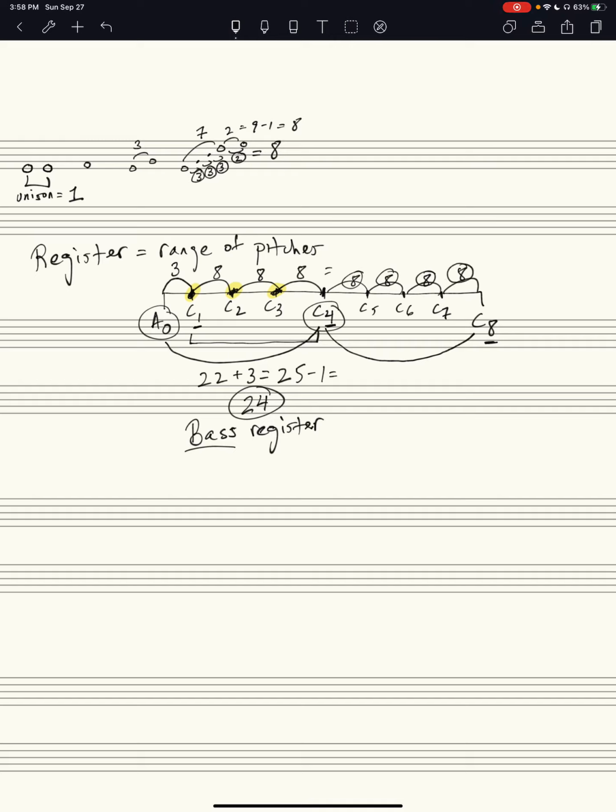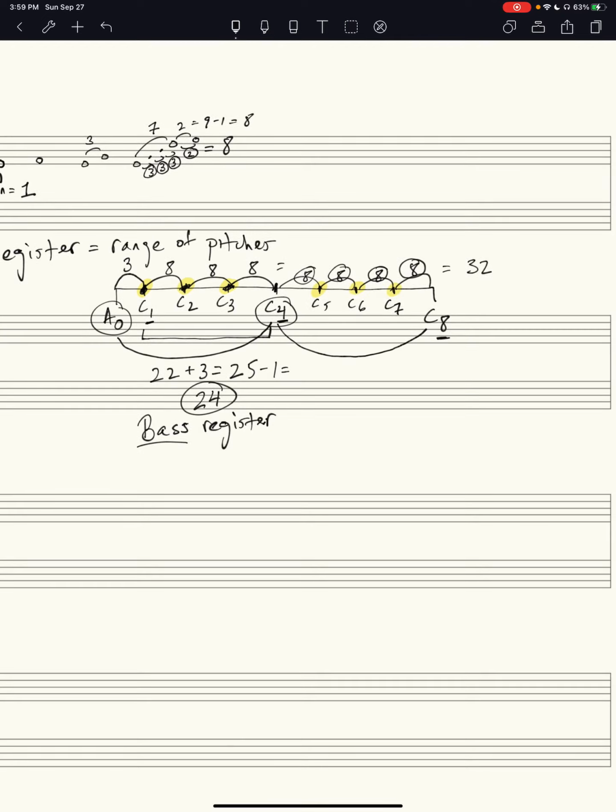So all we have to do is add 8 plus 8 plus 8 plus 8, or 8 times 4, and that yields 32. But we're not done, obviously, because we have to subtract out the overlaps. How many overlaps are there? Well, there are 4 octaves. There are 3 overlaps. So the overlap is at C5, C6, and C7. So 32 minus 3 is 29. So the range of 4 octaves is